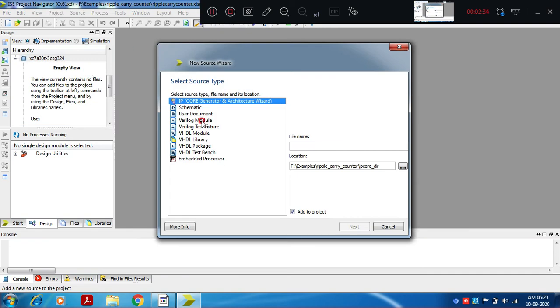New source, Verilog module. Ripple carry counter. I'll give the name as RC counter.